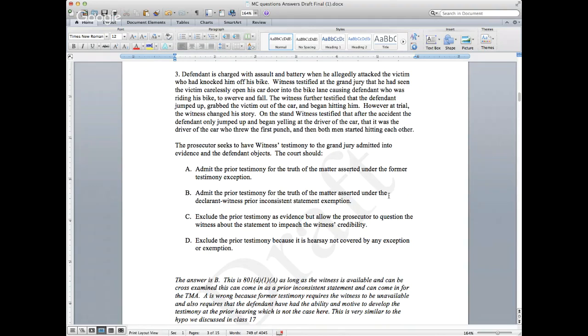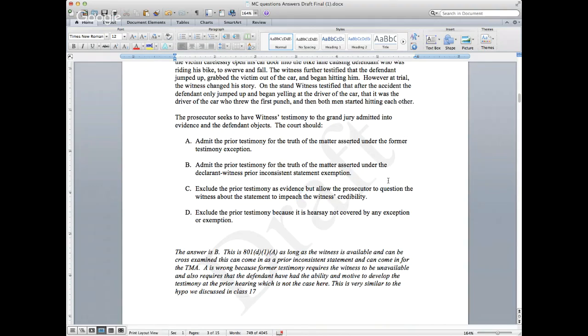All right, well, what are the requirements for former testimony? Here, we have the witness who is available and actually is on the stand and being cross-examined. And generally, with former testimony, this is dealing with a witness who's unavailable. So we have an available witness. It's different. Does the defendant's attorney have to be able to cross-examine the witness?